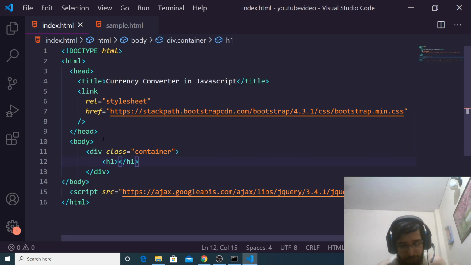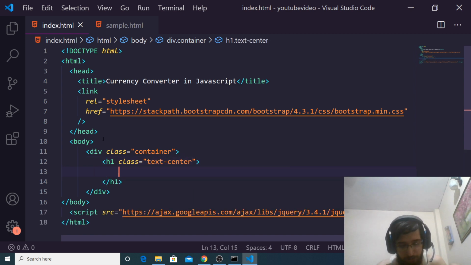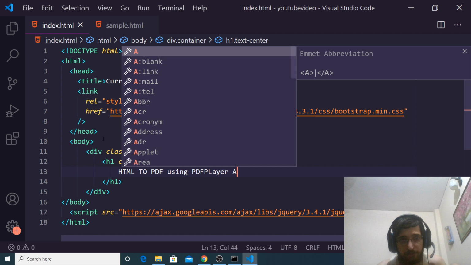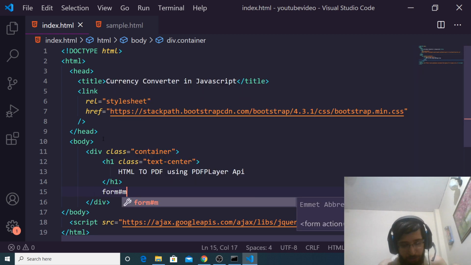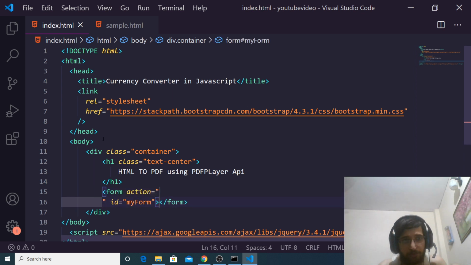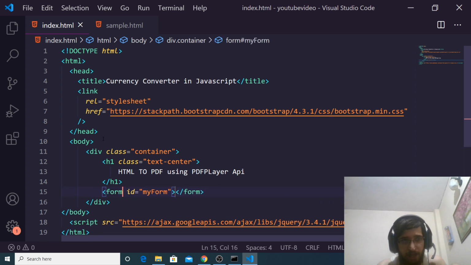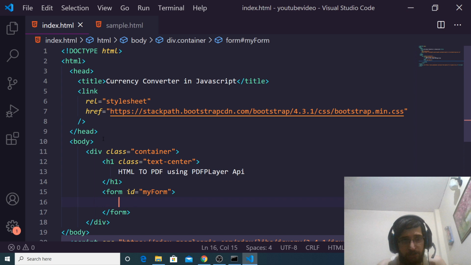After this we just need to use the container class of Bootstrap and a heading, and I will give it the Bootstrap class of text-center. This will be HTML to PDF using PDF Player API. After this we will have a simple form which will have an ID of myForm.